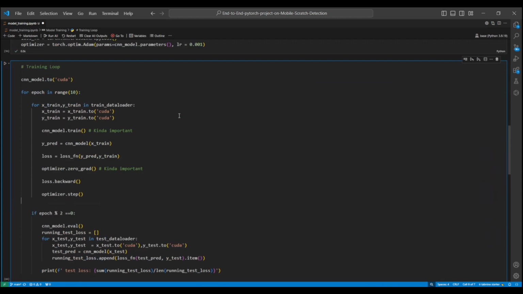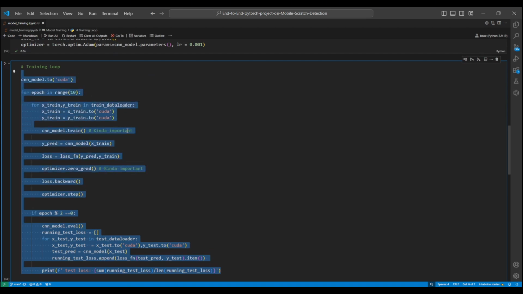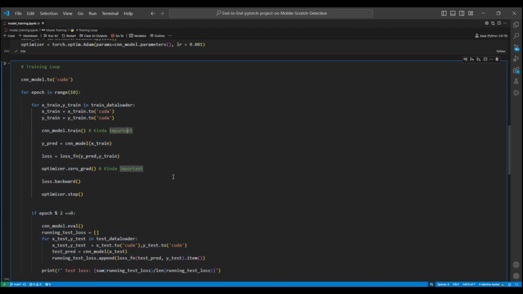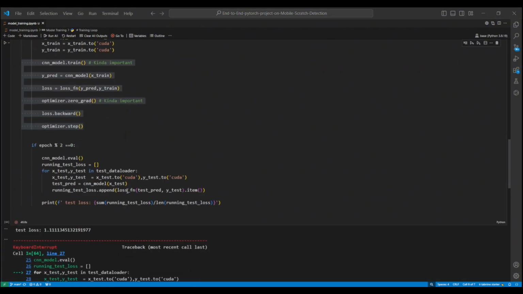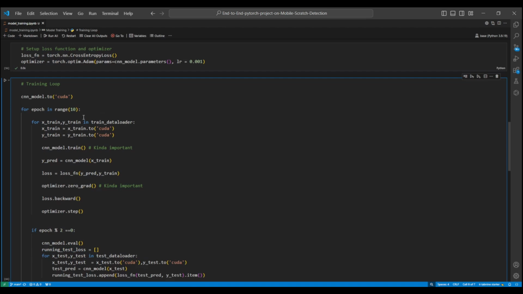We zoom out to see. This is a very simplistic way of writing a training loop in PyTorch. I hope you were able to understand the significance of each line and why we are doing it. That is important. Just like we did for the testing case, we can do the same running loss for the training data as well. So for that,